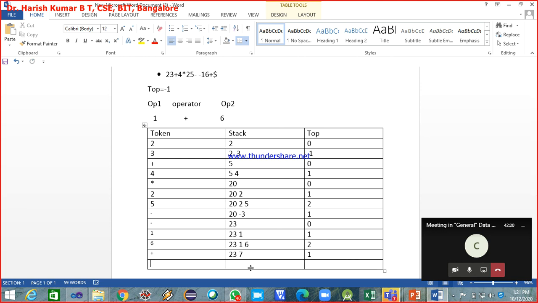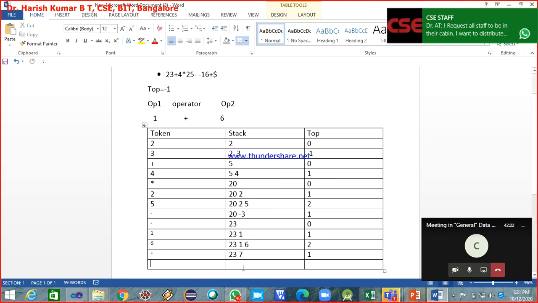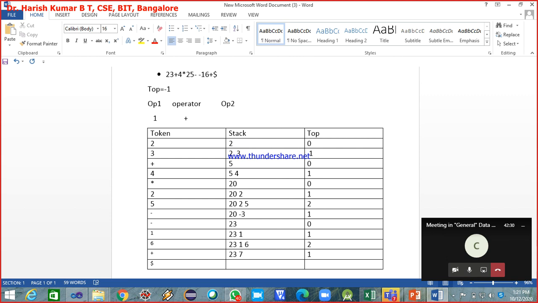Next, the last symbol which we are scanning is dollar, and since it is an operator, you pop 7 and assign it to operand 2. The operator is dollar, and operand 1 is 23. So the result is 23 to the power 7.